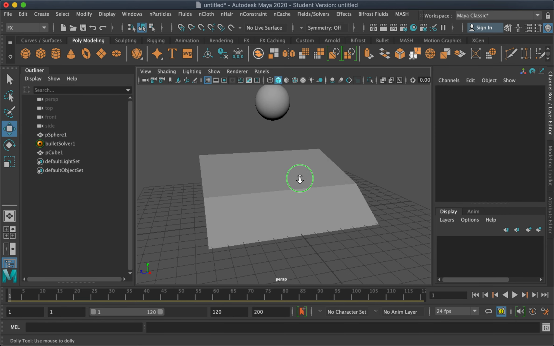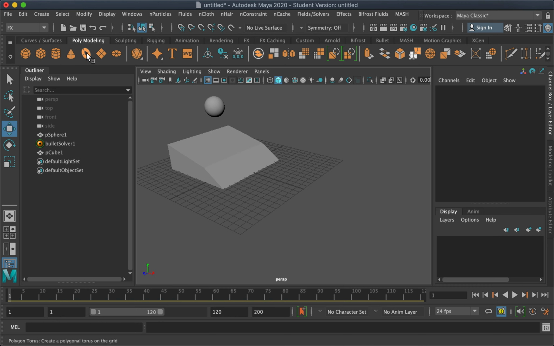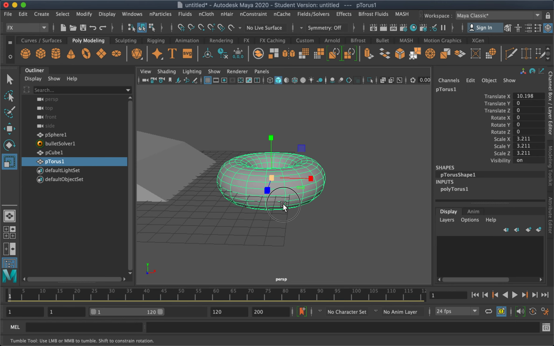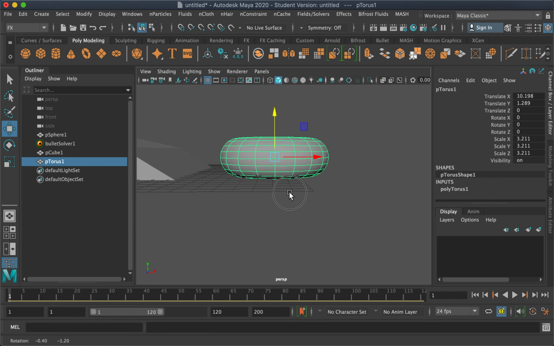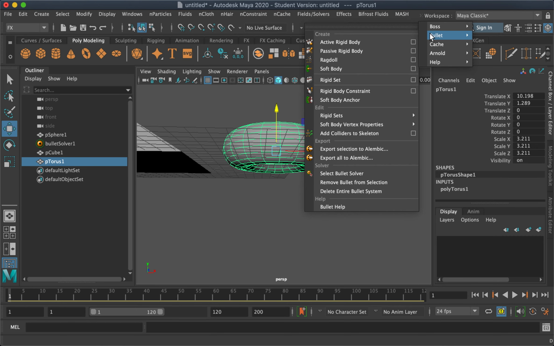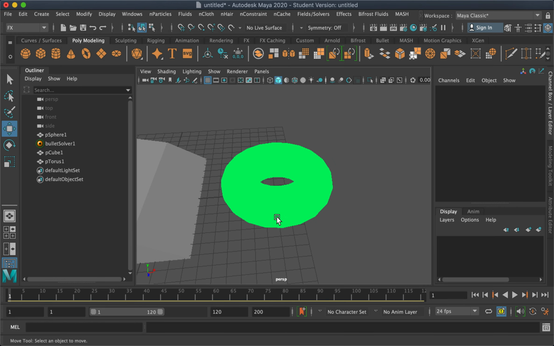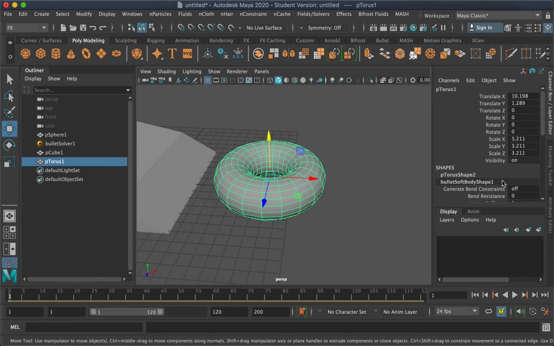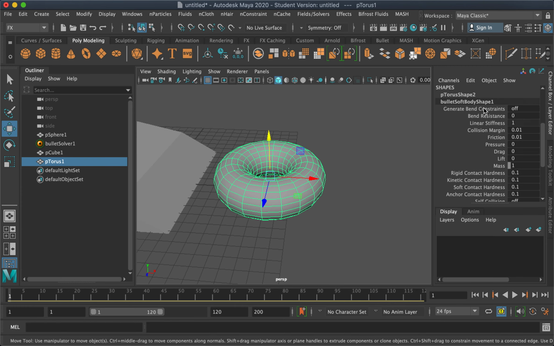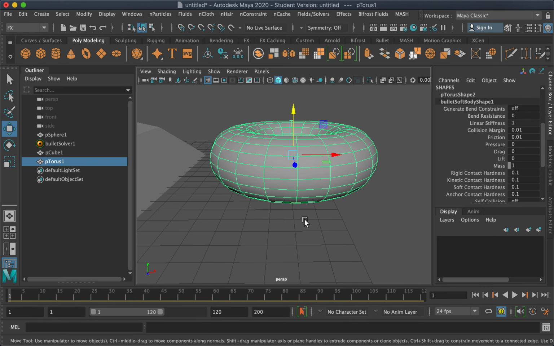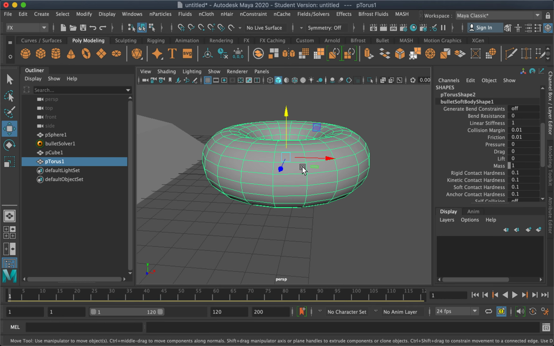The other one is soft bodies. Soft body, for example, I'll create this torus, just scale it up for a bit, and then we can set this as a soft body. So a bullet soft body shape node is attached, or connected, to the torus shape.